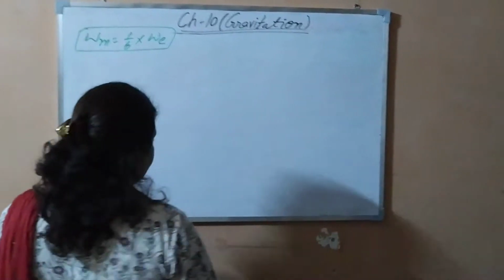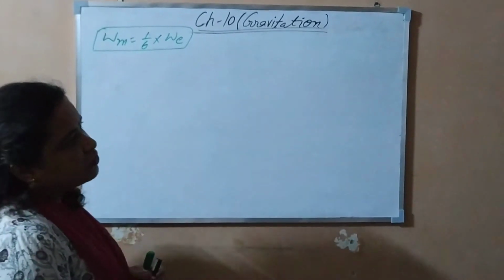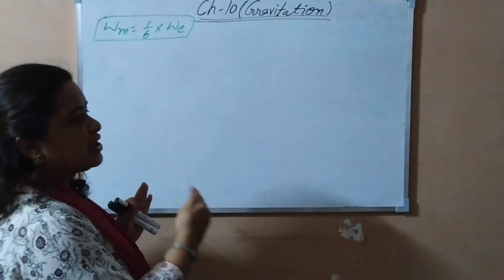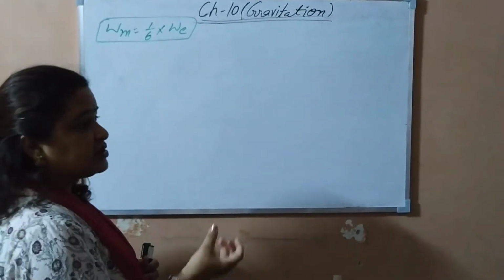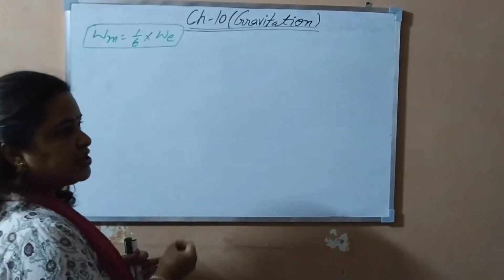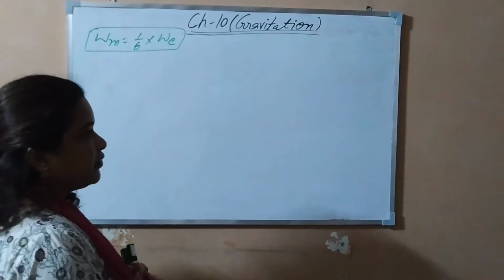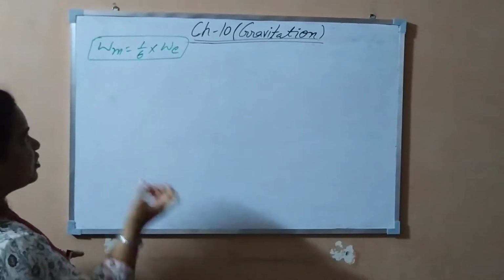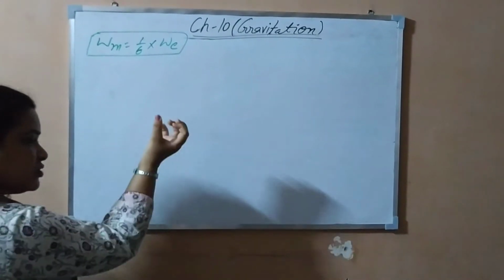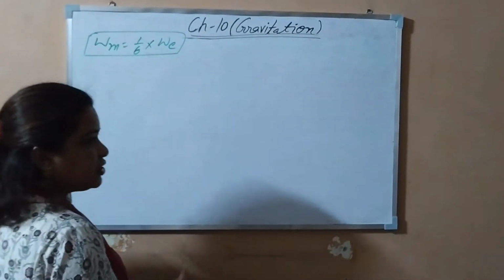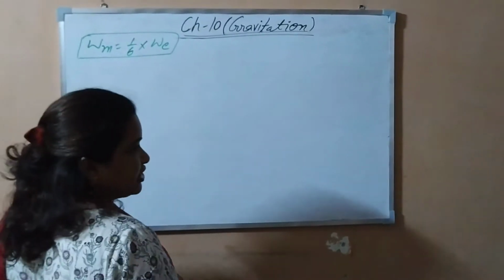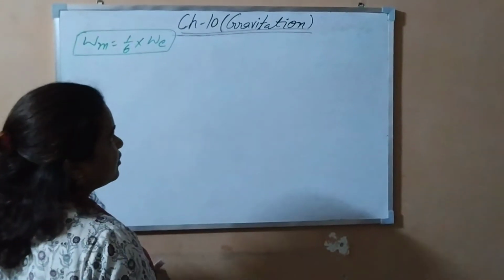As you know, we have done in the previous class or video that mass and weight are two different quantities. The mass of an object remains the same everywhere, whereas the weight of the same object changes from place to place. Weight is the product of mass and acceleration, and it is due to the gravitational force only. So to calculate this, we will use the universal law of gravitation that we did at the start of the chapter.